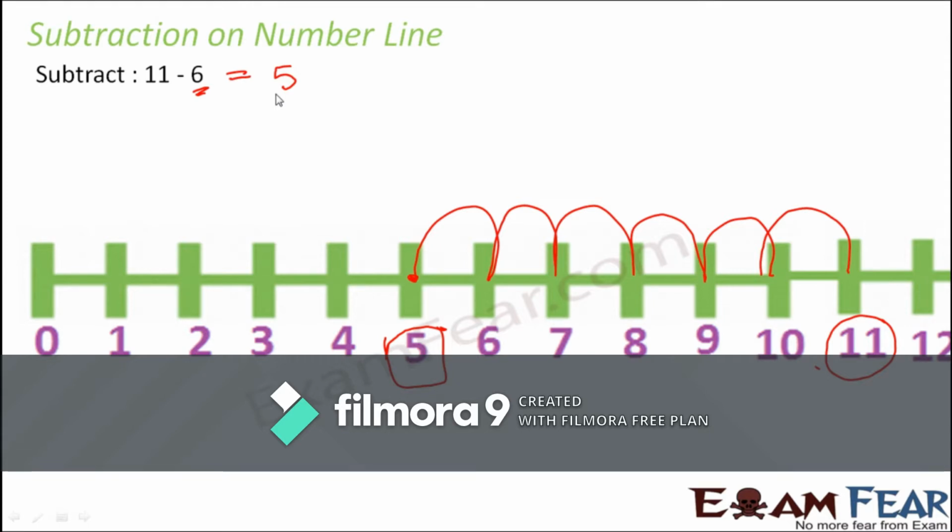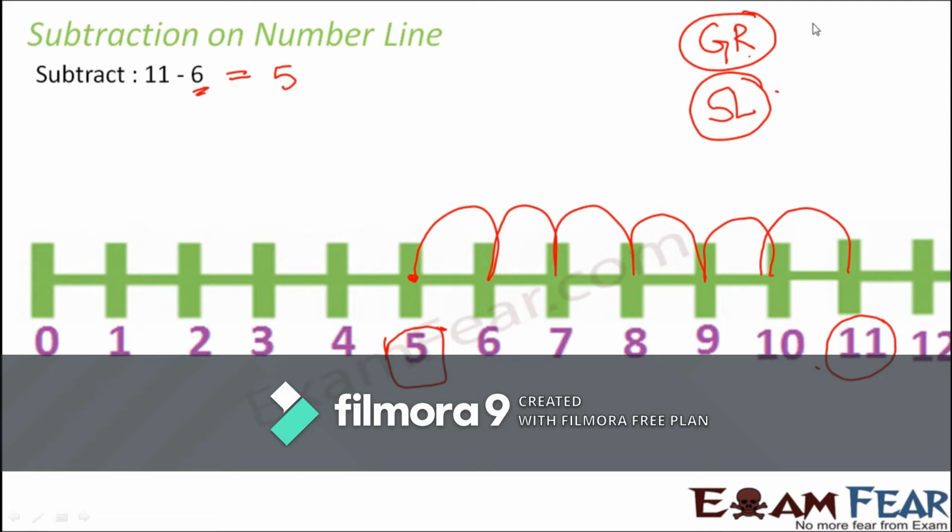So while we add or subtract on a number line, we just need to remember a very simple concept: first you locate the number to which you want to add or from which you want to subtract. If you want to add something, jump towards the right. If you want to subtract something, jump towards the left. Simple? Yeah. One simple way to remember this is GR. You want a greater number, move towards right. You want a smaller number, move towards left.